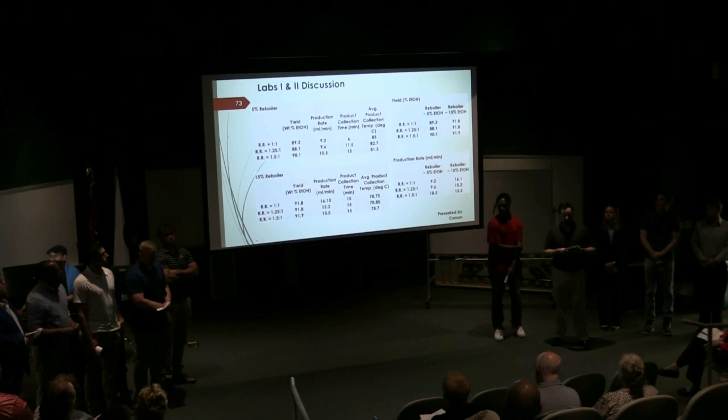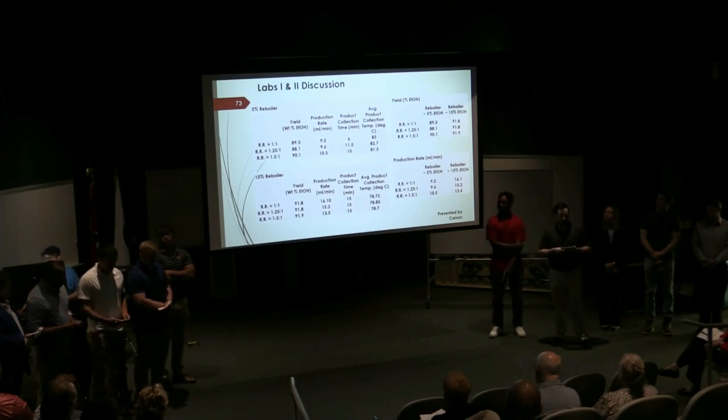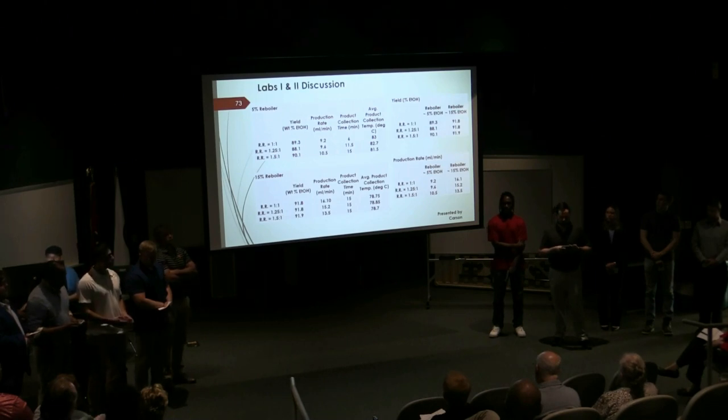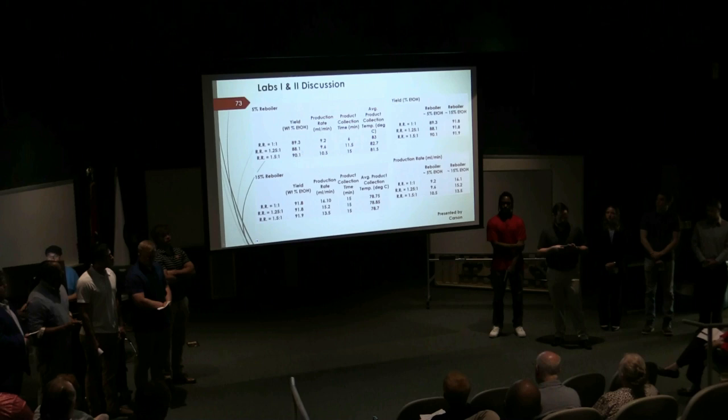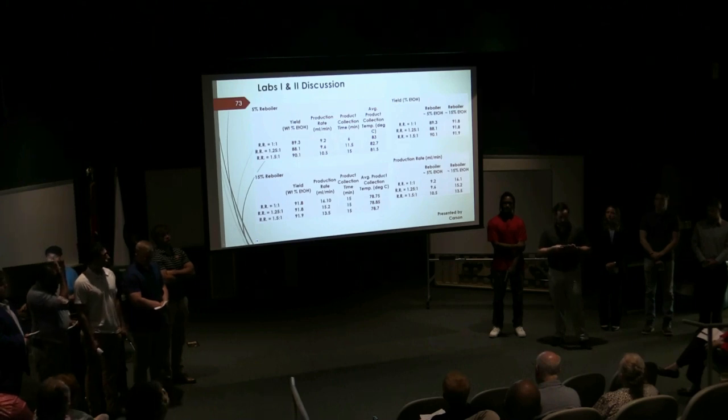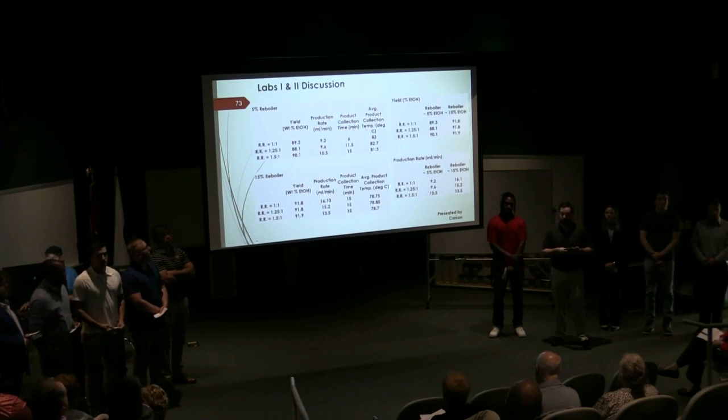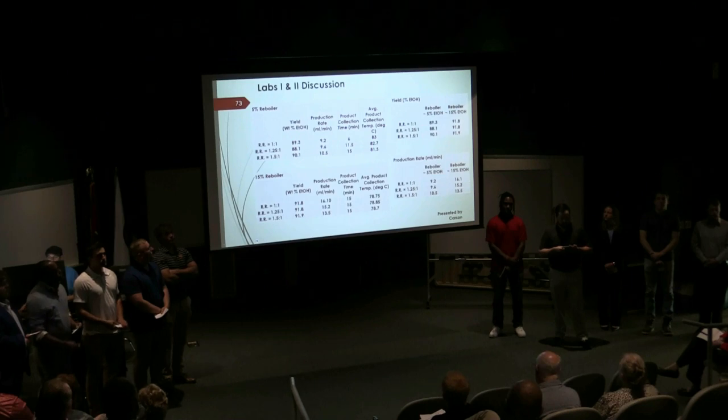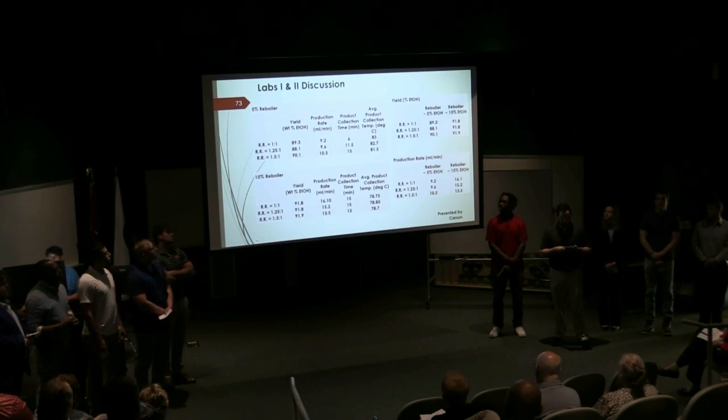Here's our data for labs 1 and 2. At 5%, the trends for yield and production rate did not follow the trends expected by the theory. We attribute that to the 1.1 and 1.25 to 1 runs being unstable, where we had lower product collection times. Looking at the current product collection times at 5%, our most stable run occurred at the 1.5 to 1 reflux